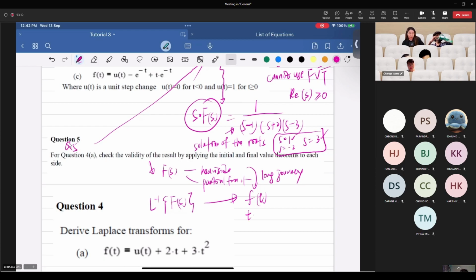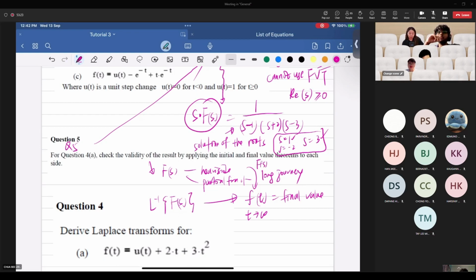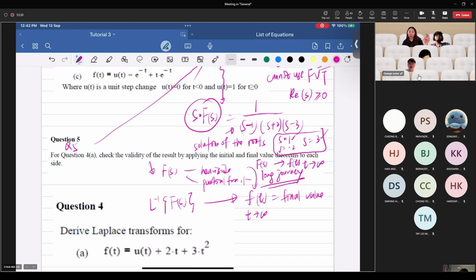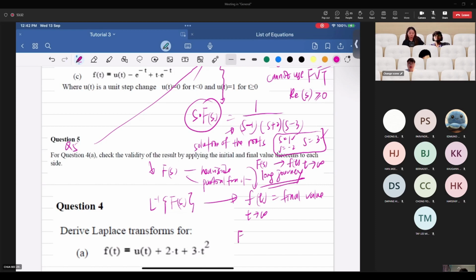Then you sub t goes to infinity, and this one only will give you the final value. This is a long journey from F(s) to f(t), and then sub t goes to infinity. It is a long way to go. The shortcut is when you have this,